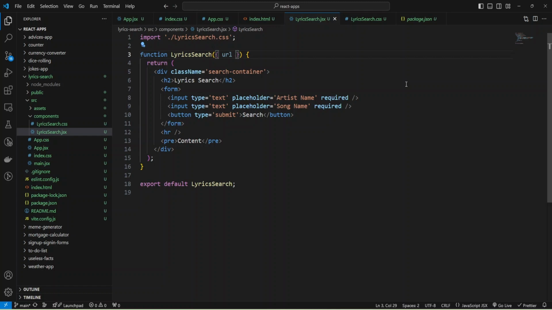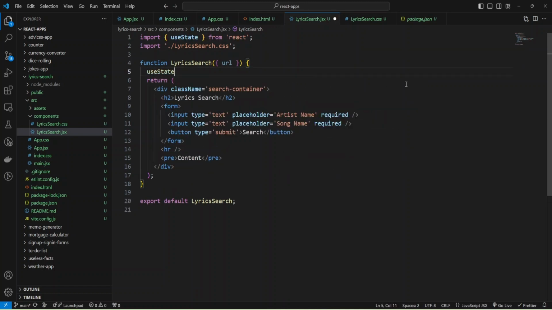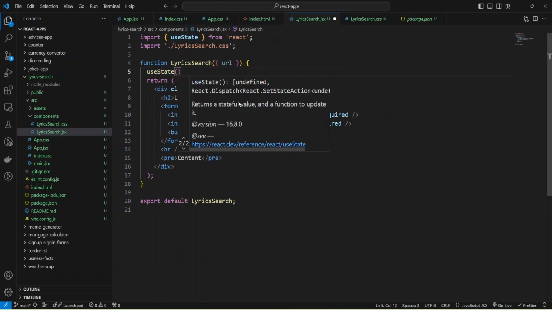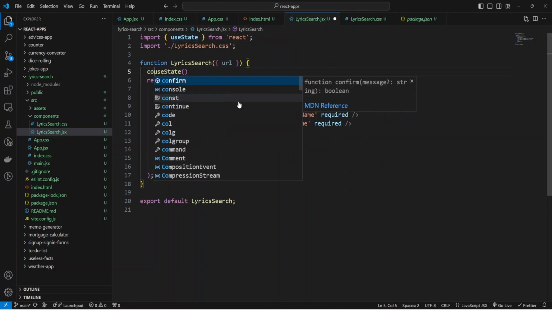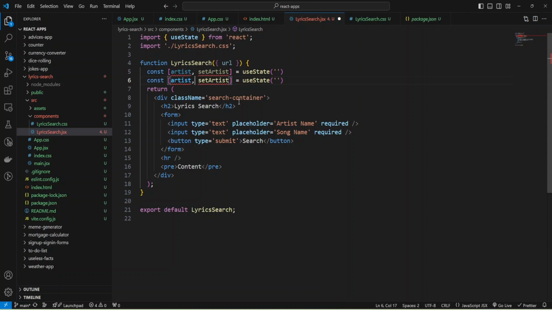Okay, now we can add states to our inputs and add event handler for clicking search. And I'm going to use hook useState. As you can see, import was added. And first of all, I need const, and useState returns me variable and function to change the variable. And I'm going to use artist as name and setArtist as a function, and I can provide initial state, and it will be empty string. And also I need state variable for my song, and it will be song, and name will be setSong.